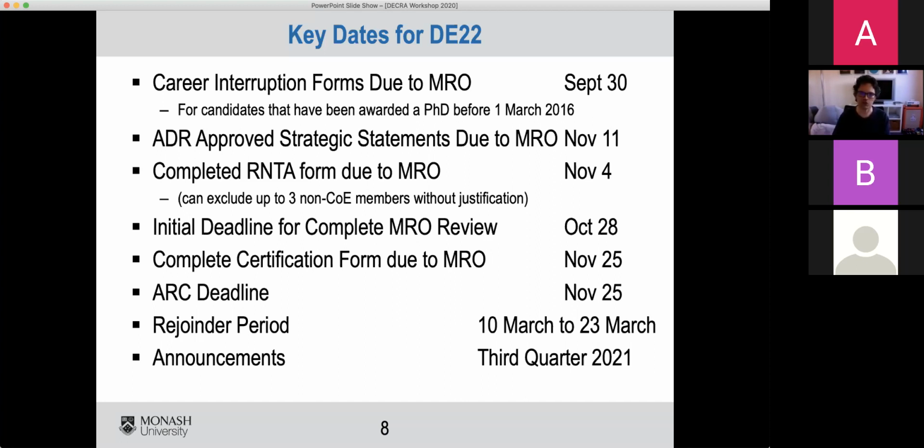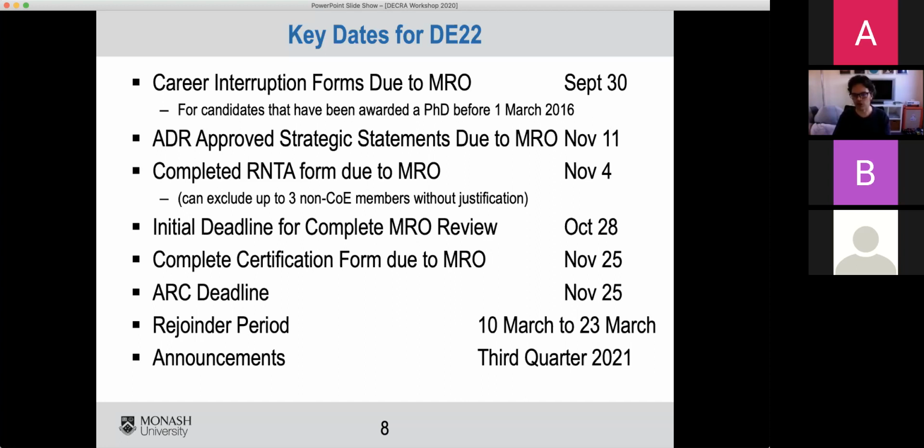Then you would document your career interruptions in the grant itself so that the assessors and the college could assess your performance relative to opportunity. So the career interruption form is about making sure that you're eligible to apply. But if you're 3 years from PhD and you've had 1 year of career interruption, that doesn't alter your eligibility because you're still within 5 years of PhD. So you're eligible to apply, but you would document that as part of your performance.